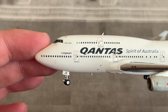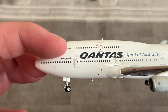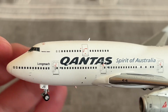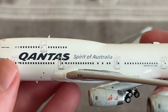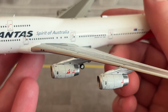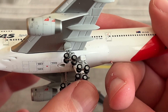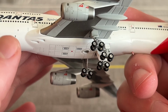Of course, there is the aircraft's nickname just there, Hamilton Island, just behind the cockpit window. Longreach is where Qantas was founded. Of course, Longreach is in Queensland. This model is absolutely fantastic. Here are the Rolls-Royce RB211s, and the landing gears, as you can see, freely moving on the struts there, and they do roll as well. For anyone who is wanting that information,